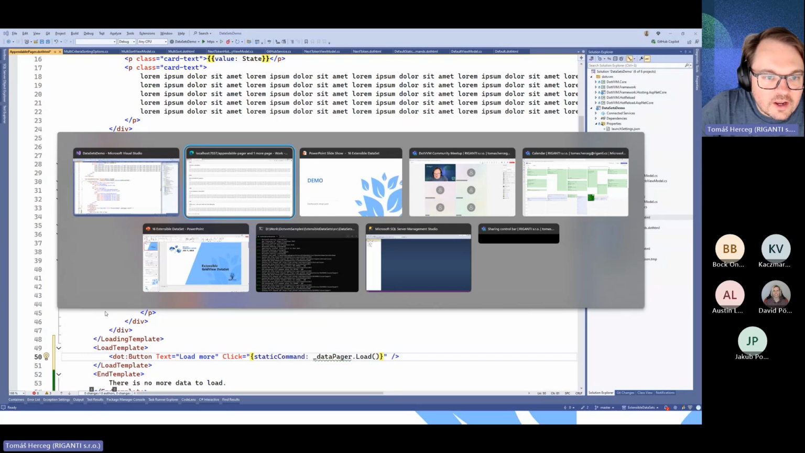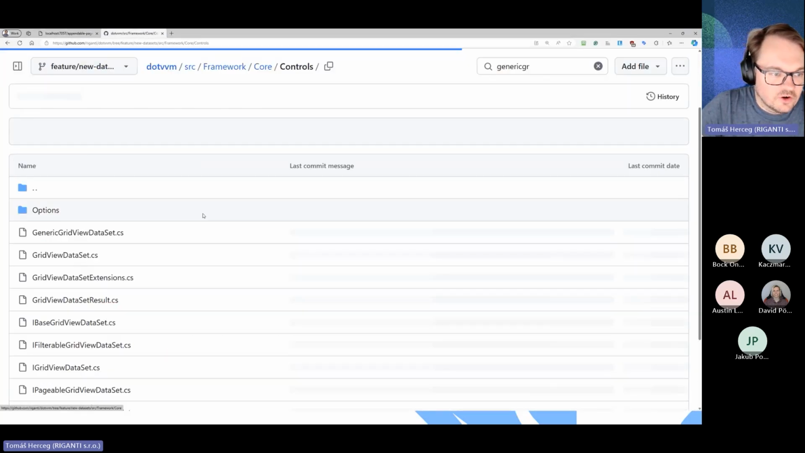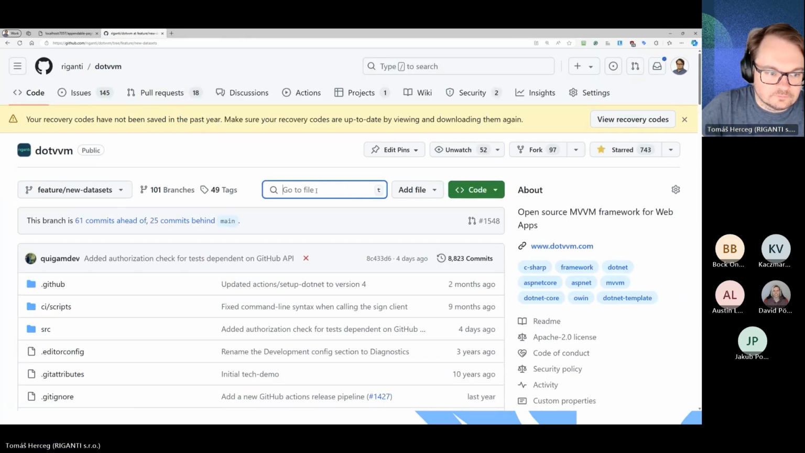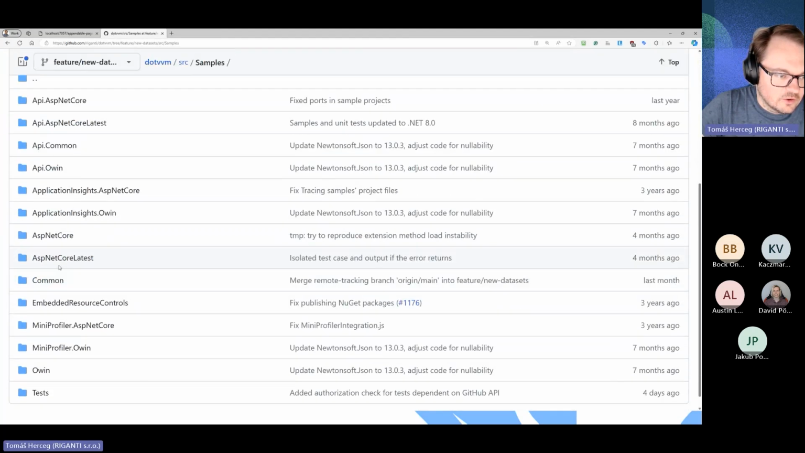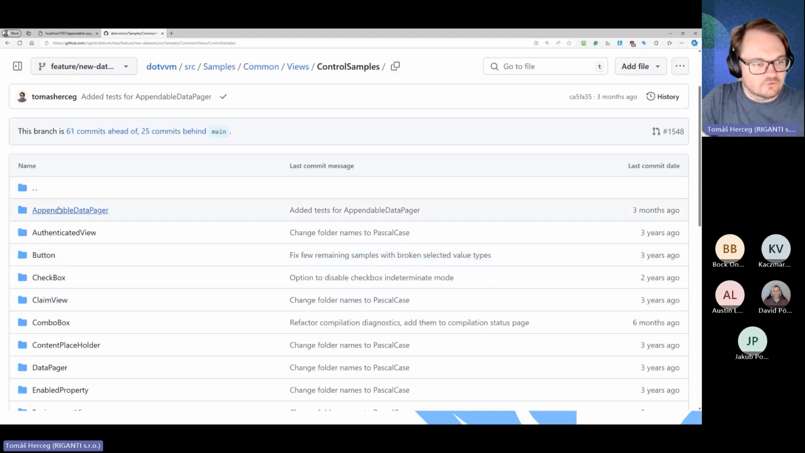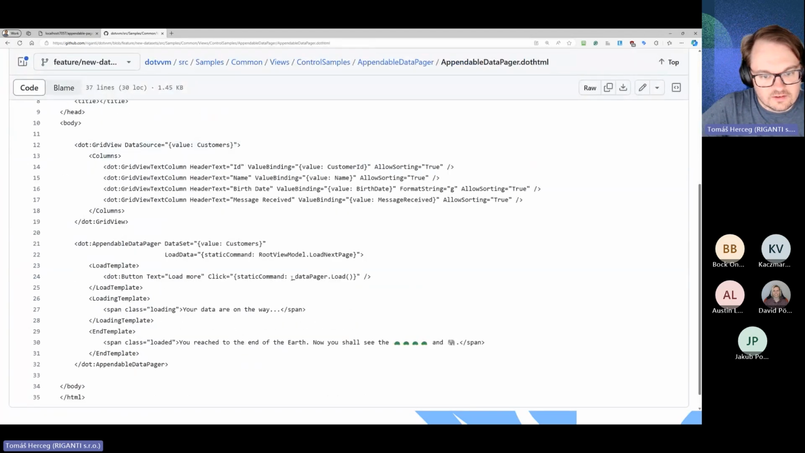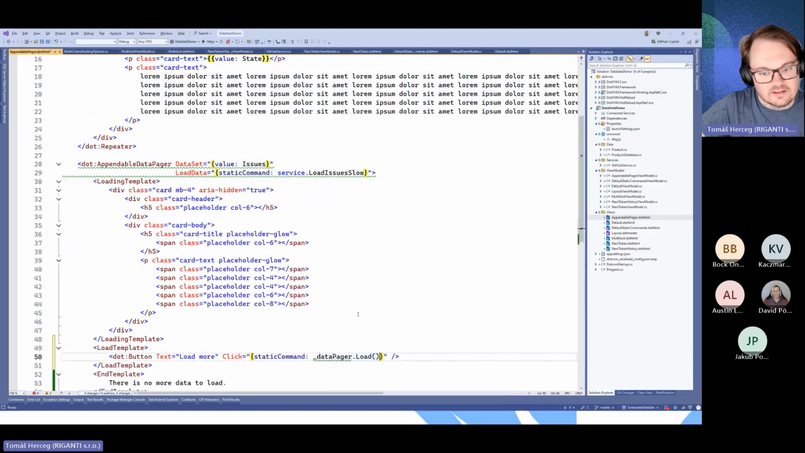Let me check in this repo quickly. I forgot how the method is named. I will be very quick here. I will go to the samples, and views and control samples. We have samples for all the components in the repo. And here will be this appendable data pager. So the syntax is, yeah, data pager load. So I was correct. I just wasn't sure, and the IntelliSense is not built against DotVVM 5, so it doesn't know